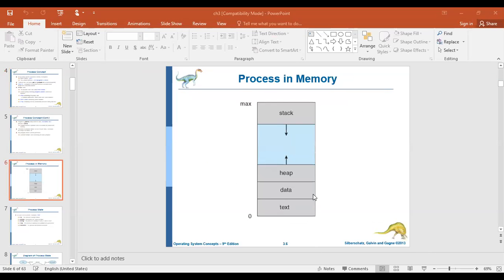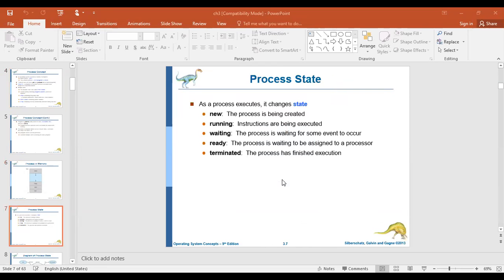So this is the diagram of a process in memory, how it is represented in memory. And as I told you, the stack and heap grow in opposite directions. If they ever meet anywhere, you may get an error like a stack overflow or insufficient memory for the memory allocation from the heap's point of view. Definitely, for a period of time they should not meet, so that everything will work successfully.